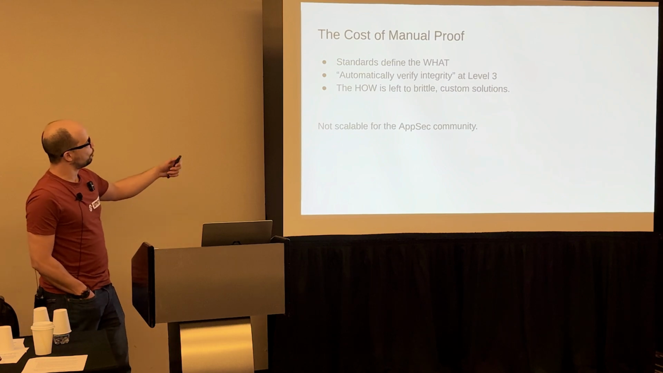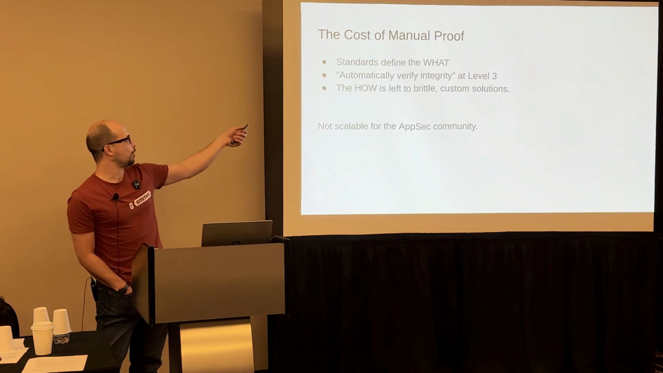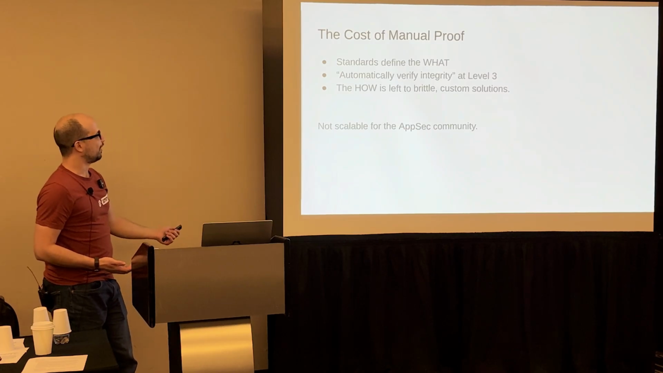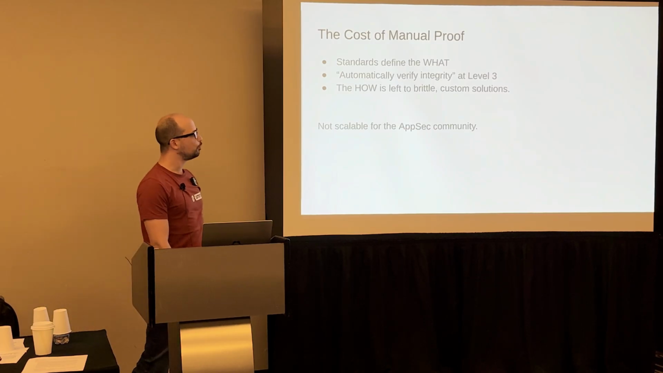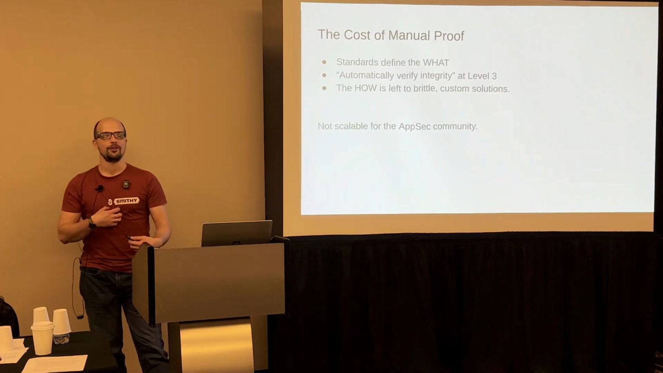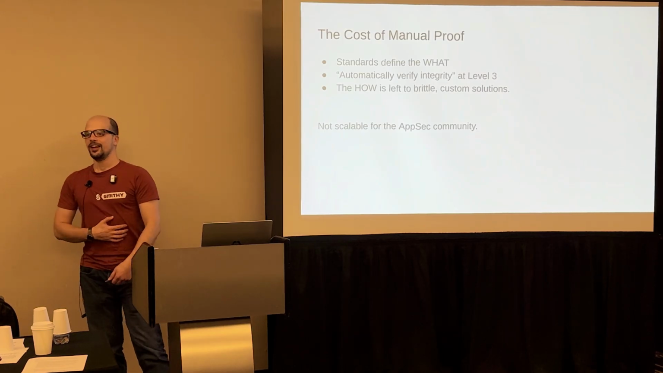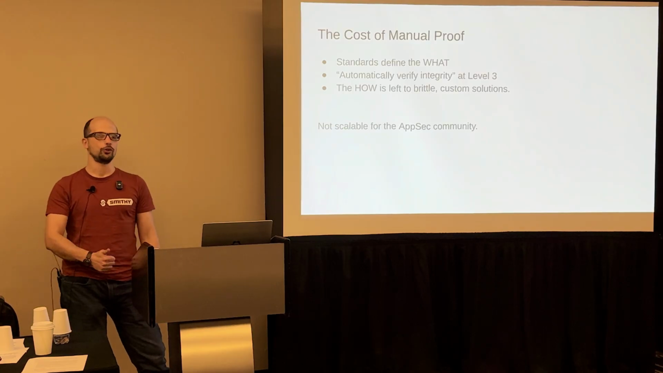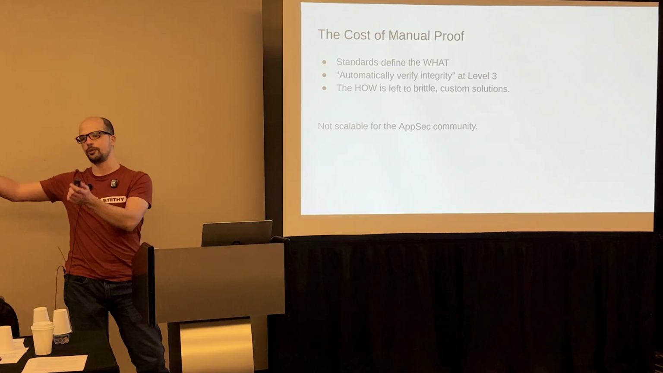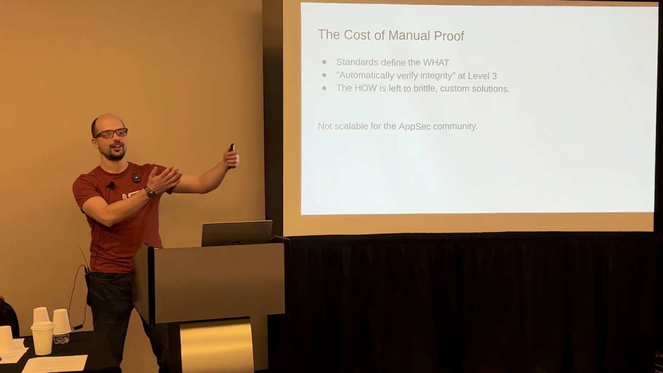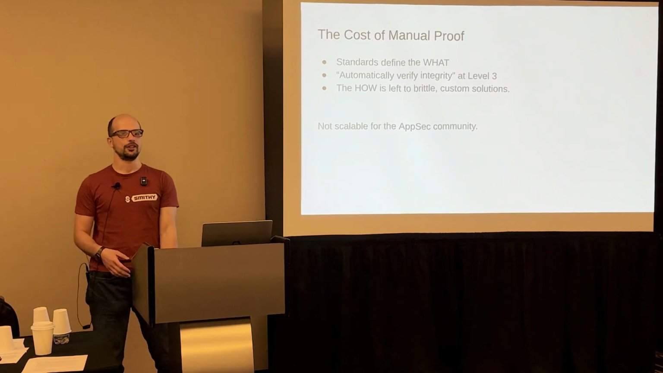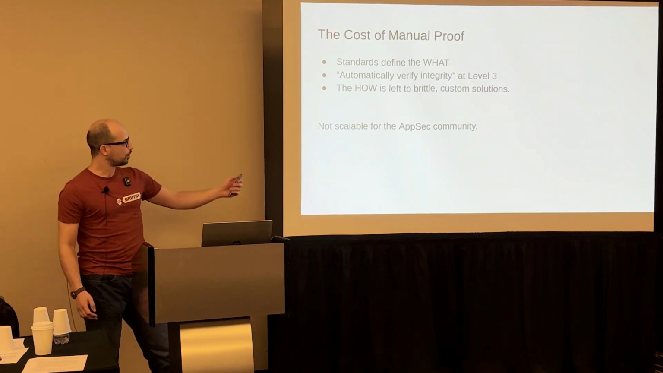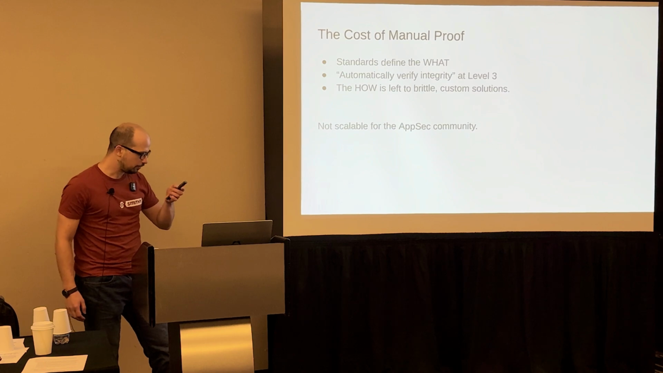So this is all manual. Standards define the what we need to do, and the how is left to us. However, because the how is left to us, either we solve the how with automation of questionnaires. So here's a spreadsheet, here's a website in the form of a spreadsheet, here's something. Or, for very, very mature organizations, what they've done is